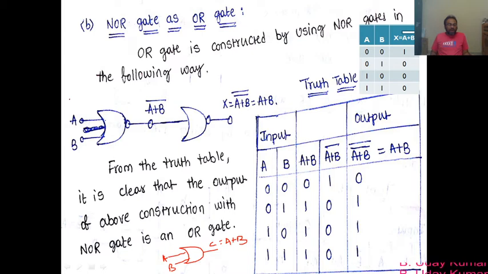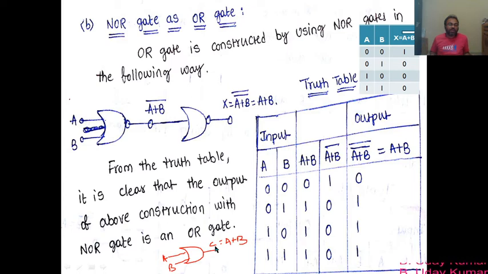So now I have to use NOR gates to construct this OR gate, and you know the truth table of the OR gate also. For 0 and 0 you get 0, for 0 and 1 you get 1, for 1 and 0 you get 1 as outputs, and for 1 and 1 you get the output as 1 again, and that you can see here also, right? If I take the input terminals as A and B, for 0 0 I get 0. Here A plus B is written. So for 0 and 0 I get 0, for 0 and 1 I get 1, for 1 and 0 I get 1, and for 1 and 1 I get 1. So this is nothing but the truth table of the OR gate.